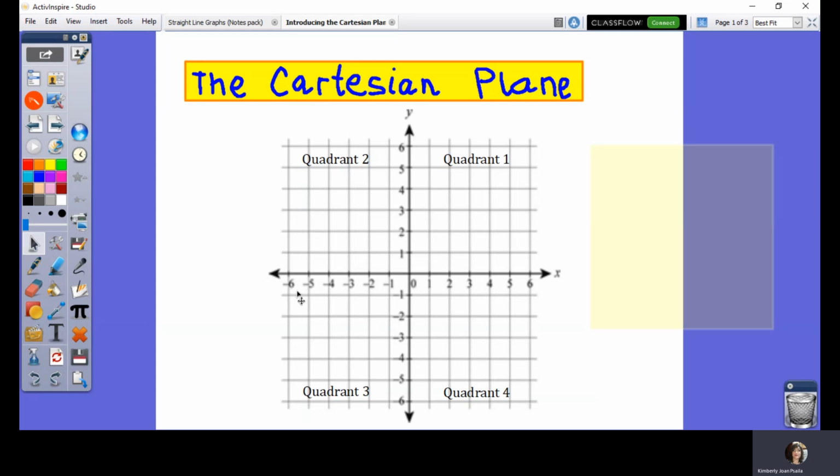Okay? Here, you are seeing a Cartesian plane. It is made up of this horizontal number line, and also of this vertical number line. The horizontal number line is called the x-axis. The vertical number line is called the y-axis. So the Cartesian plane is this two-dimensional space which is formed by these two number lines intersecting at this